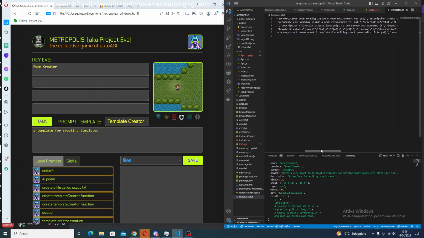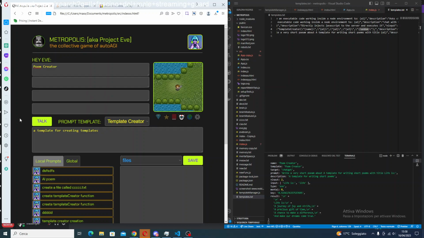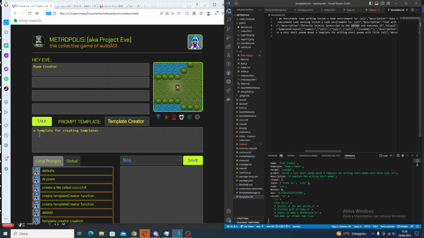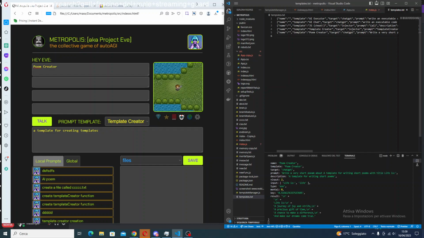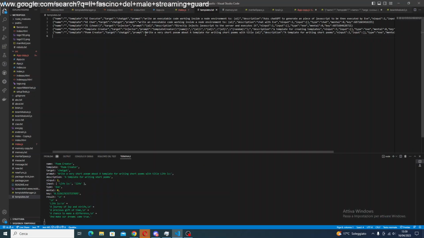Those input fields will be substituted to A1, A2, A3 and so on in your template. Then you simply click talk and the template is created, added to the database, and you can manage it very quickly from here, from the prompt template menu. So what happened behind the curtain? Simply,